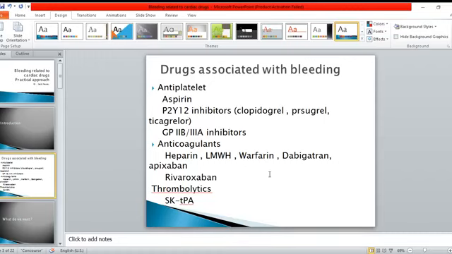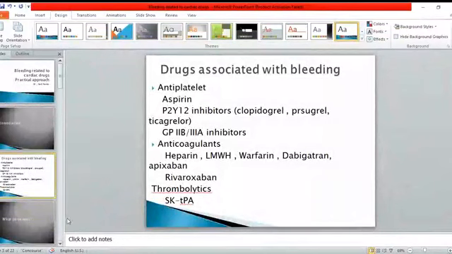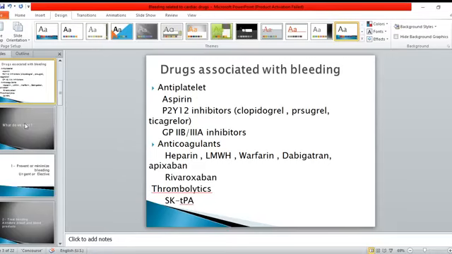So in this short session, we are going to focus on practical issues and try to minimize bleeding. We try to prevent bleeding or to minimize it, and we try to treat bleeding once it happens effectively by the use of specific antidotes or by the use of some supportive measures. Okay, let's go. As I said, we are going to go very practical and to the point, inshallah.